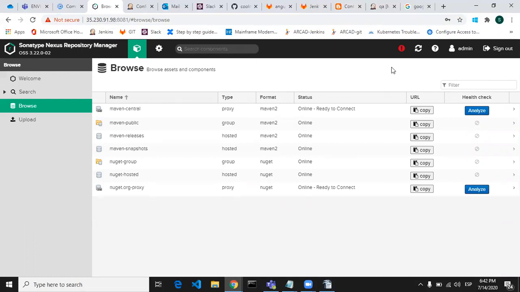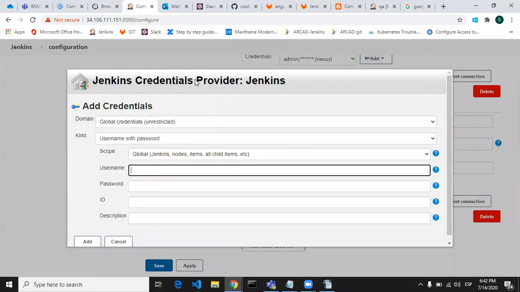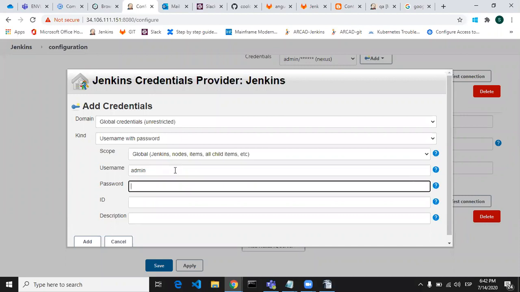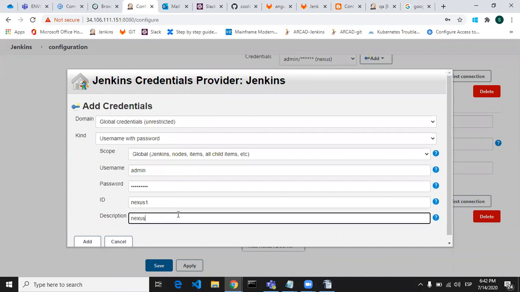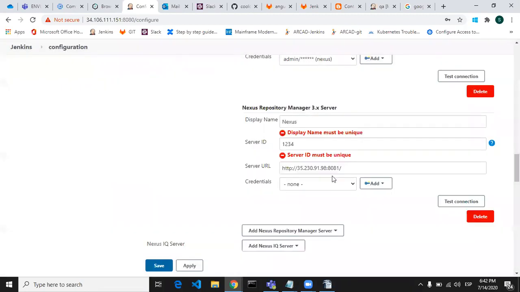There you will see the credentials. You just have to write those credentials here, like this, and then click Add. But I have already added the credentials, so I'm just canceling it and selecting the Nexus credentials. Then you have to test your connection.